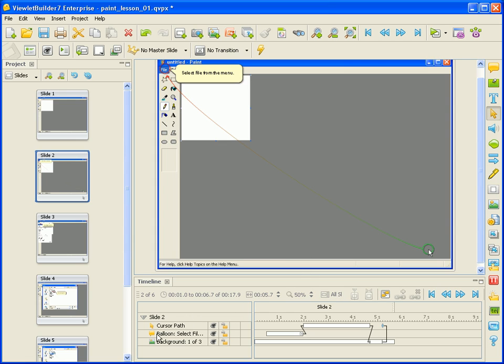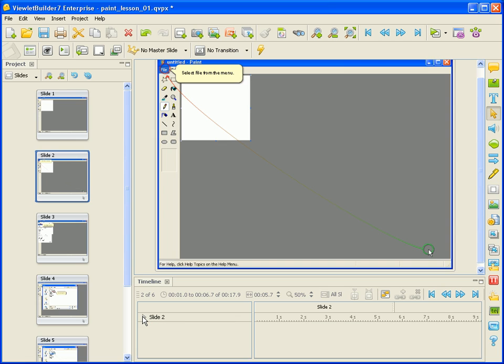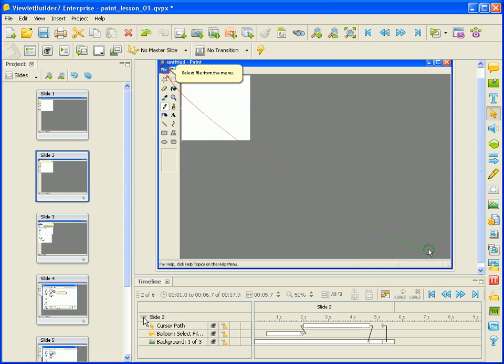Over here we have our layers. These are the layers that make up the objects that comprise our slide. This is an expanded view. Click that, I can collapse the view and I can expand it again as needed. And then again, remember this is a Smart Capture project, so there's going to be a minimum of 3 background frames per slide. It's critical to understand what's happening here, especially if you have multiple background frames on a slide,